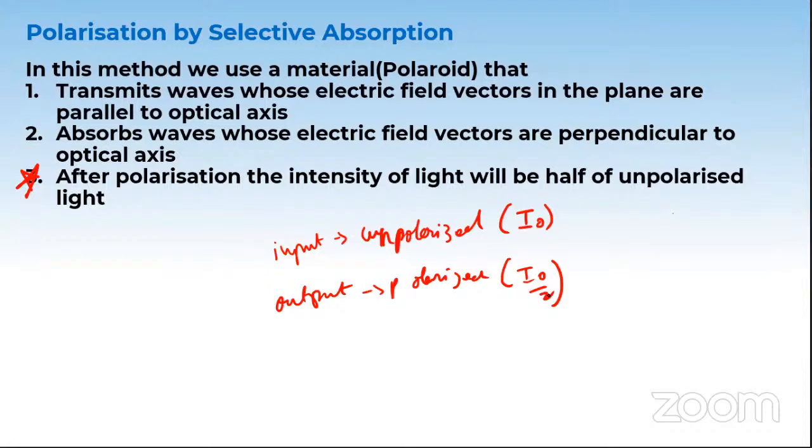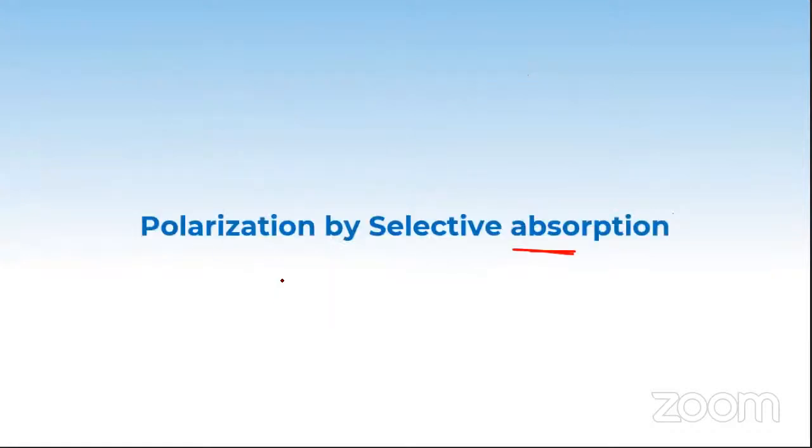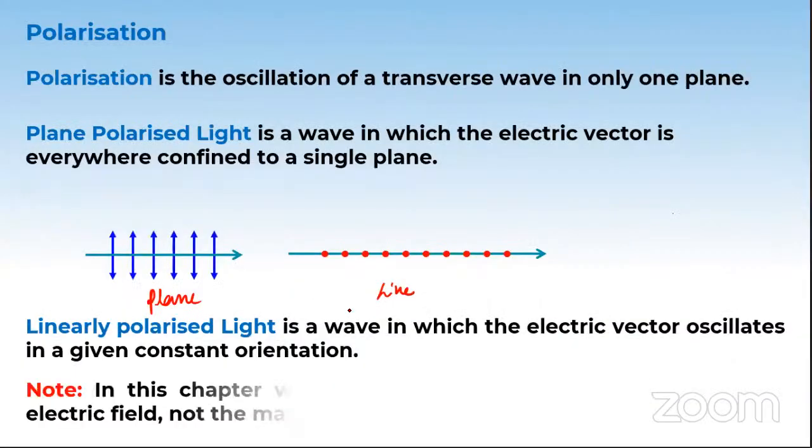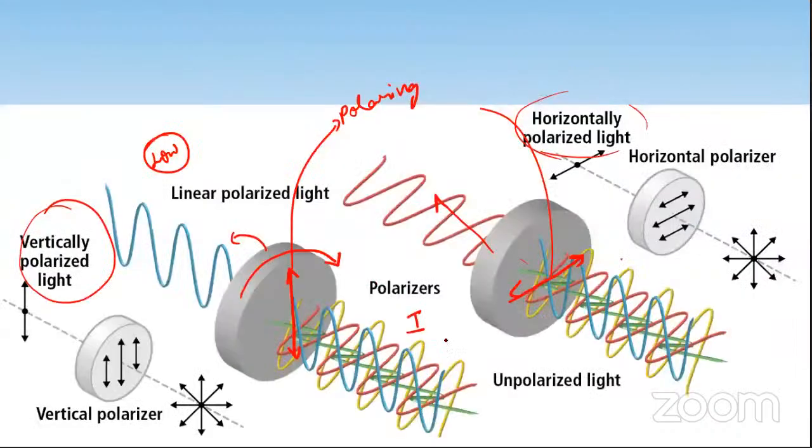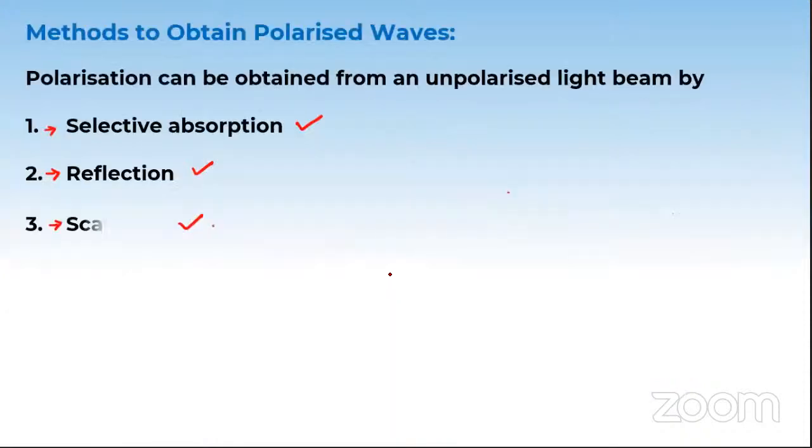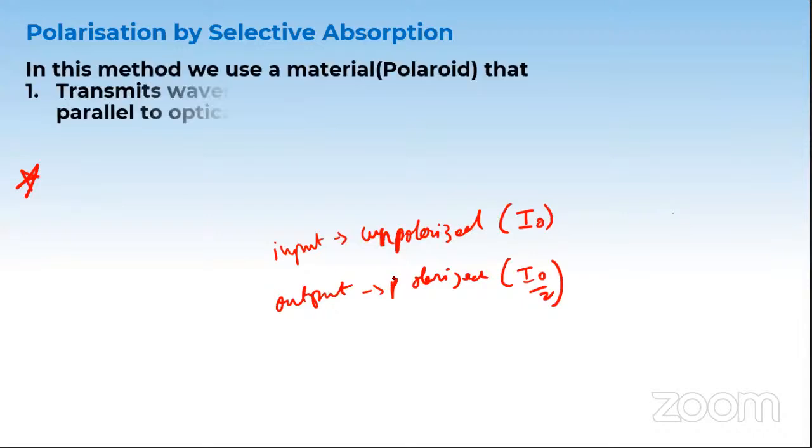Always remember this. Will you remember this, guys? It's one of the most important points for solving problems. For example, here, which I have shown you in all these diagrams, this was an unpolarized light. If it has intensity I, the polarized light will have intensity I by 2. Whenever unpolarized light becomes polarized, the intensity is reduced by half. So I have to remember this.